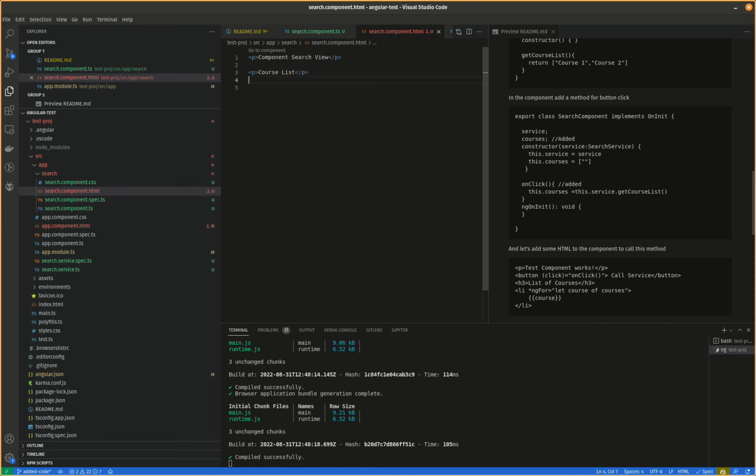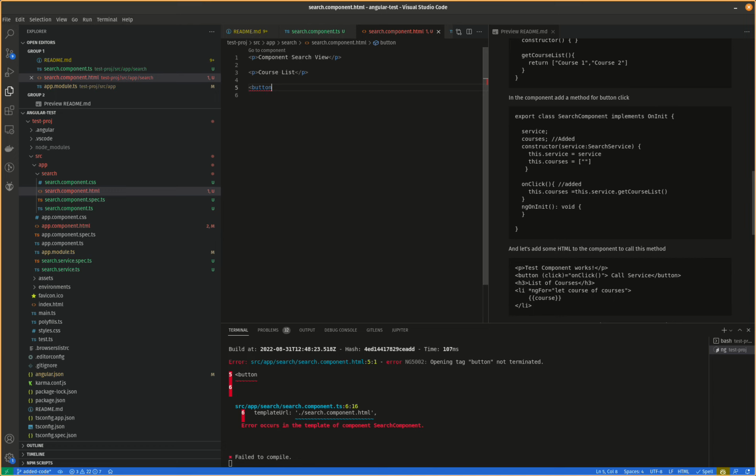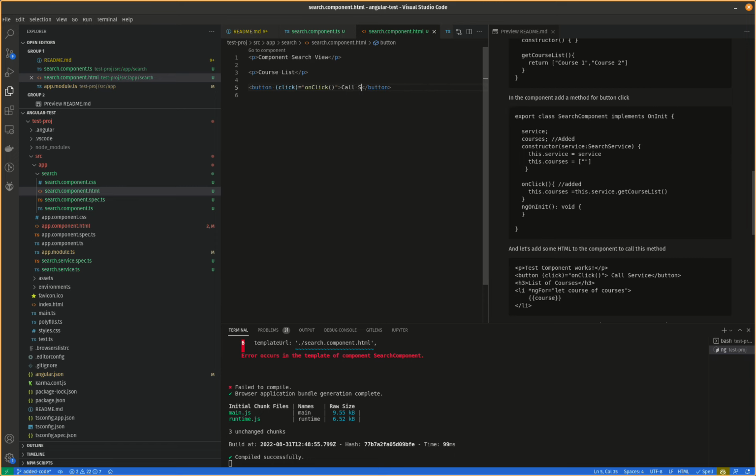We'll add a button, and on click, sorry, I think this is the Angular syntax. Okay, on click we will call the onClick method of the component, and let's add some content, call service, and then